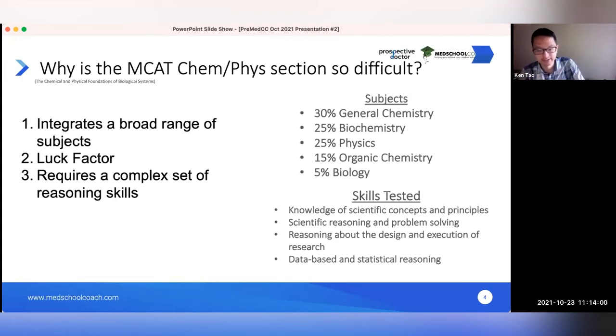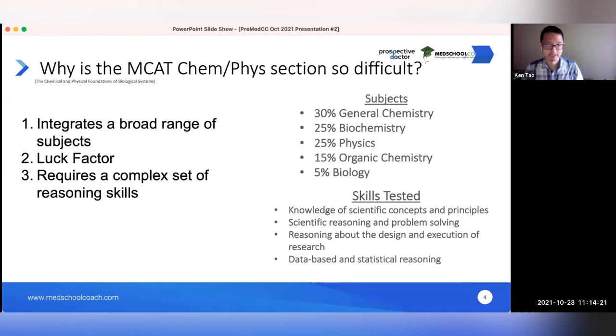So those skills are listed here. Knowledge of science concepts and principles. This is pretty much, do you have the content memorized or not? Second is scientific reasoning and problem solving skills. So this becomes a little trickier because this is not just, do you have this fact memorized, but this is